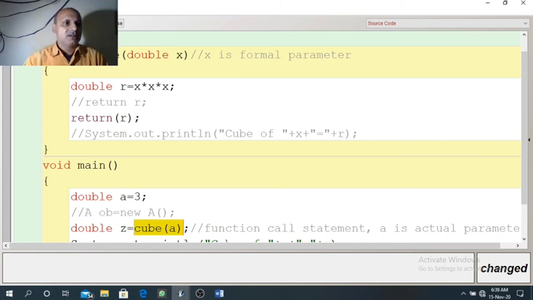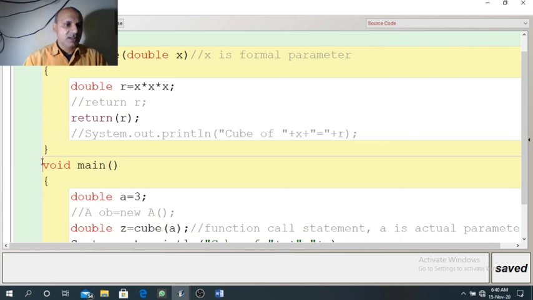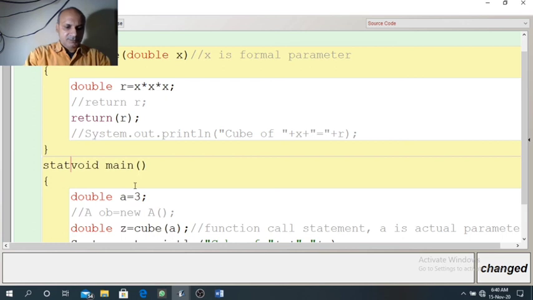So you can see it is called without any problem, without any error. But suppose we use static here. Now the main method has become static. This time we are calling a non-static method cube inside a static method main.